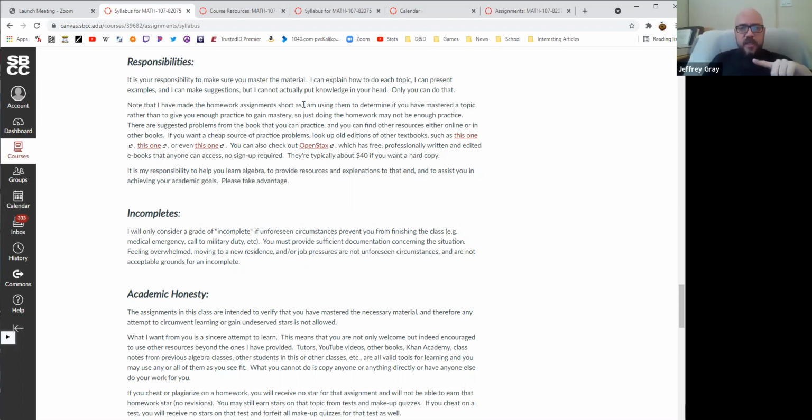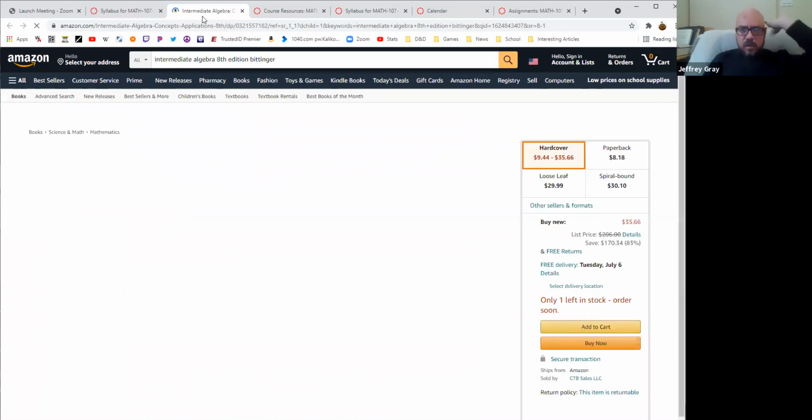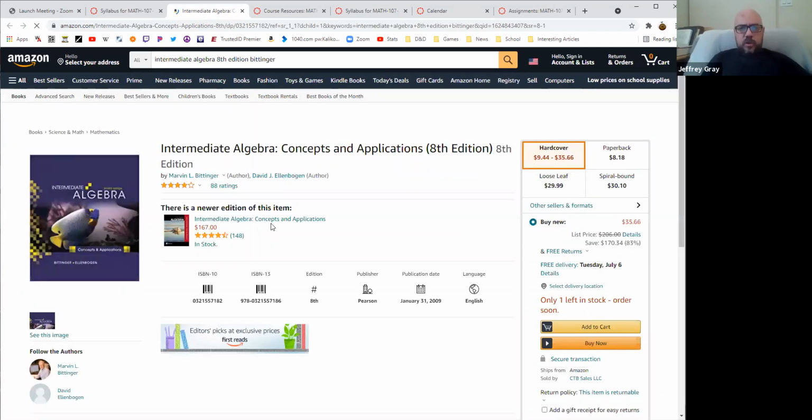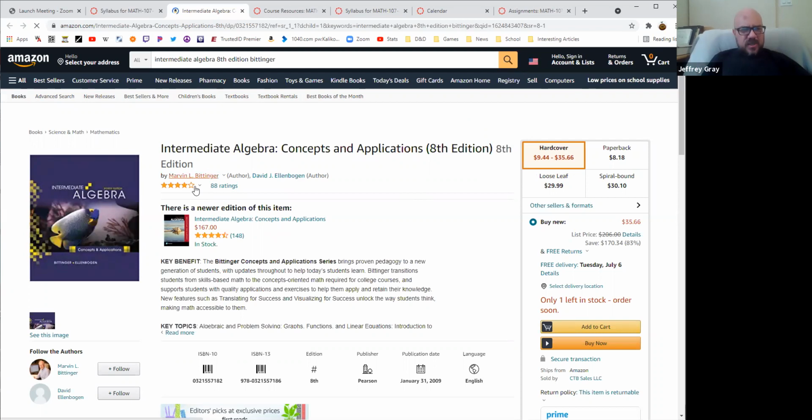Now, one of the things that is kind of nice about this is that you don't really have to use just your book. Since I've got the topics listed out by topic and not by page number, you can use other books. For instance, here's an old book. I think this group is up to like the 10th edition at this point.